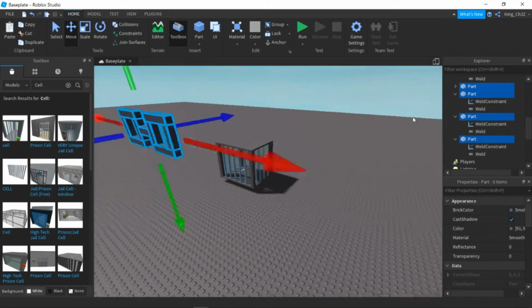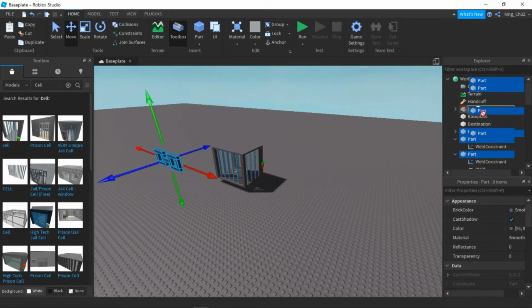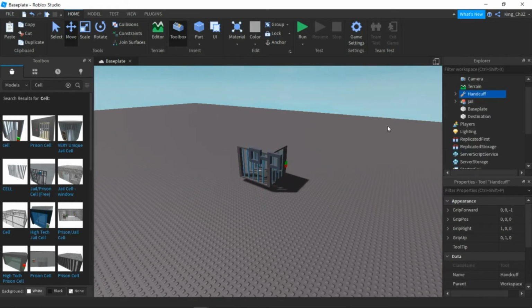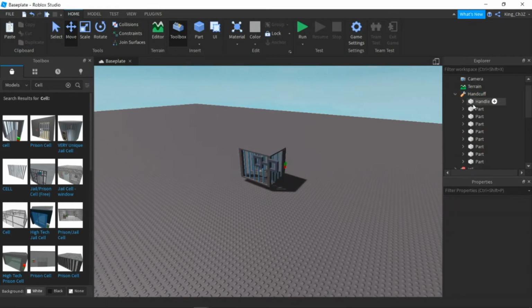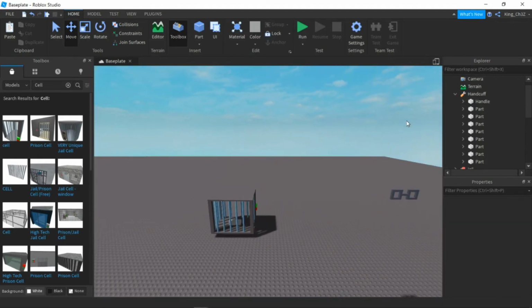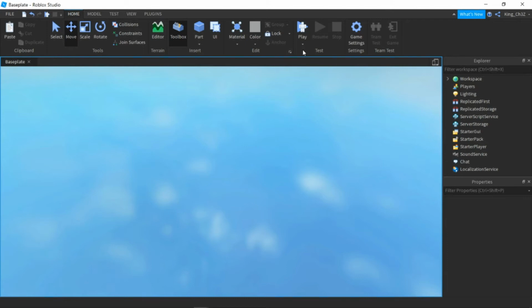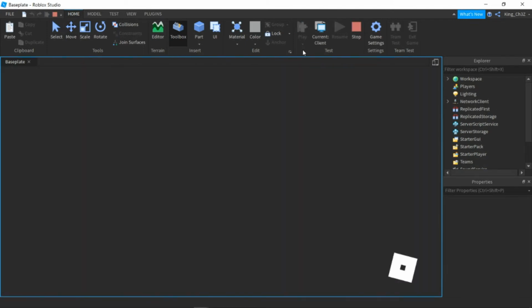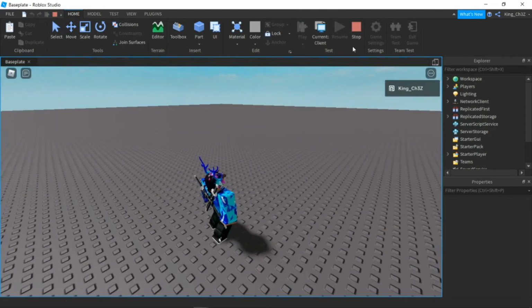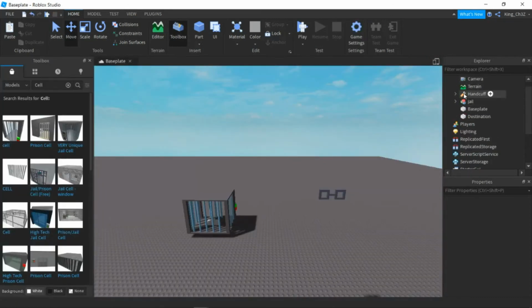And I'm going to drag all these parts into the handcuffs. So here is my handcuff right here. My handcuff is now officially a tool, but you may be wondering, well, it doesn't do anything yet. So if we hit play, we haven't inserted any scripts yet, but once we hit play, you can see, oh, whoopsies, my bad, I forgot to